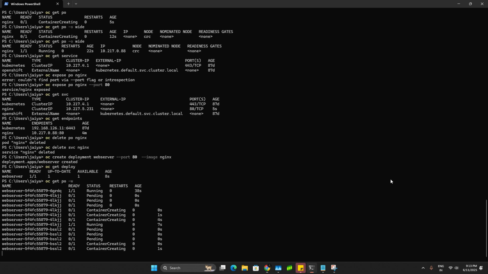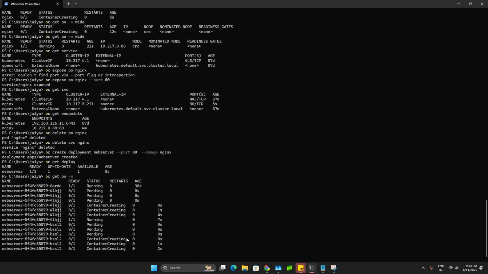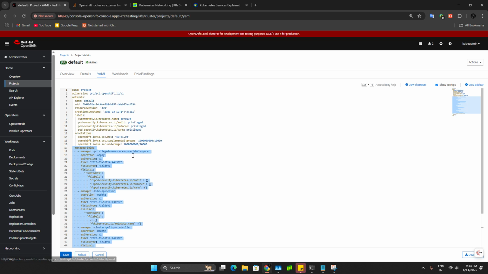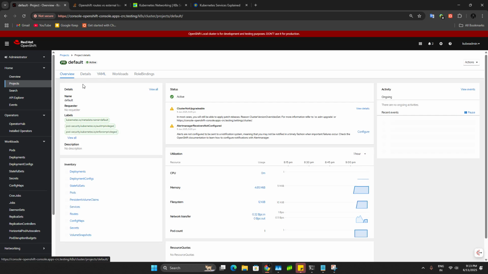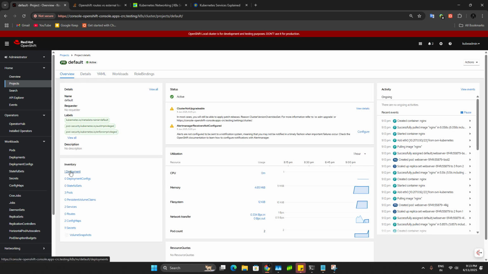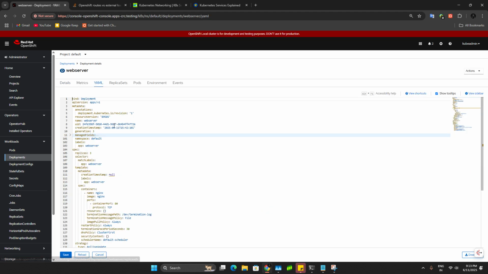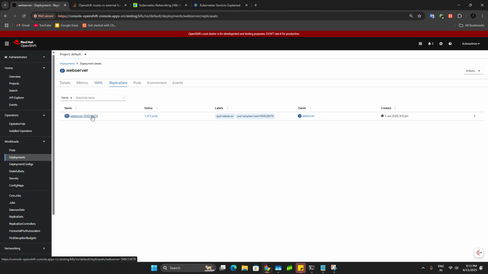So we'll go for one more pod. So it's creating, right? Okay, let me reduce that. See, we can see in the YAML, it's a deployment YAML. In the inventory, you can go for deployment, click the deployment, see the YAML. Now we scaled it to 3 replicas. There is one replica set, it has 3 pods. Label app is equal to web server. With that label, we can get them.